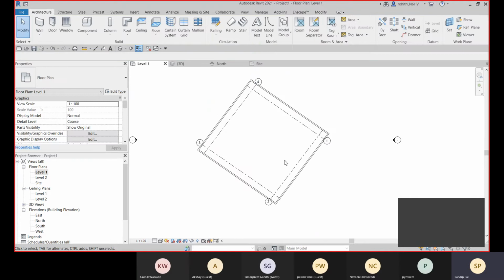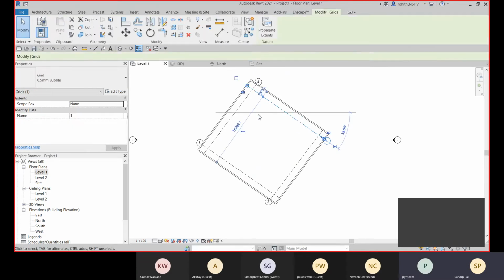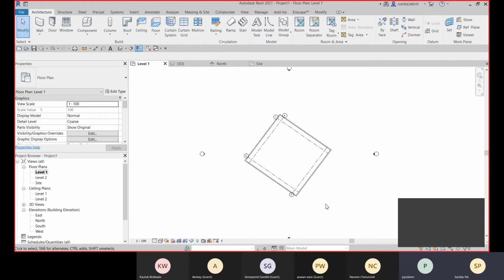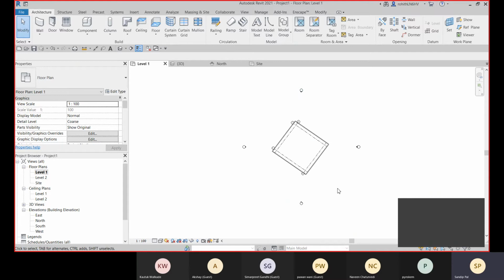All right. Sir, I have a question. Yeah, sure. In case we want to make it a straight line, sir, the orientation of this one. Yeah, so definitely. Obviously, we will do that. For that we have the true north option. Right now, this north is the project north, but at the site, I have the real north, right? So I need to align my project with true north. So I will definitely demonstrate that also.